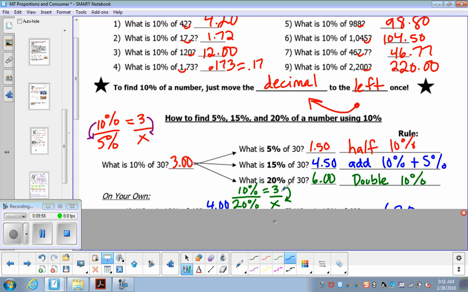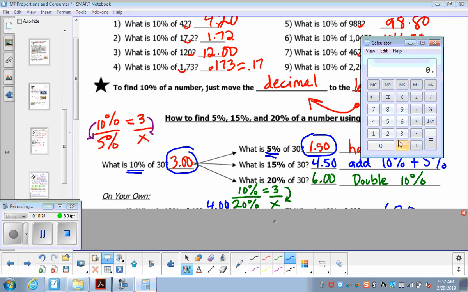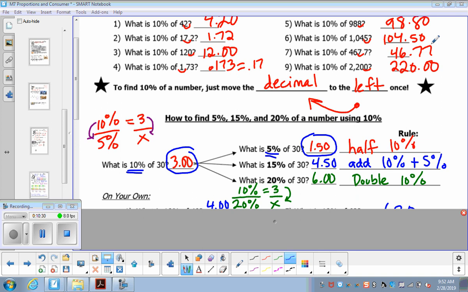Now, lastly, if I want to find 15% of anything mentally, so 15% of 30, we already found 10% to be 3. 5% is 1.50. So 10% plus 5% is going to be 15%. So I'm just adding the 3 to the 1.50 to get the 4.50. Now, of course, I can take my calculator out to prove that 15%, so 0.15, of the 30 is the 4.5. We're reviewing mental math because you'd be surprised how smart you can look in real life by being able to quickly calculate 5, 15, and 20% for sales taxes or discounts when you're trying to save money in a